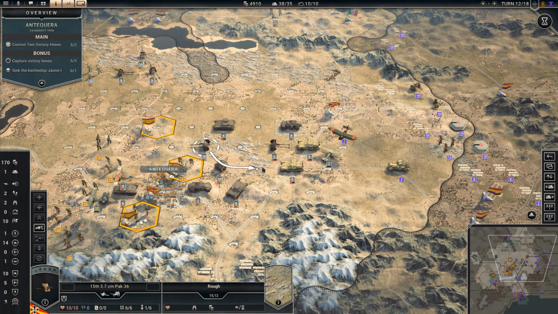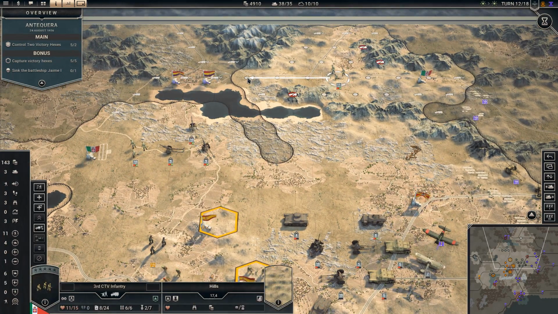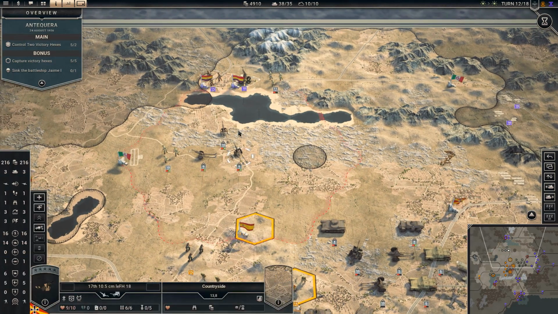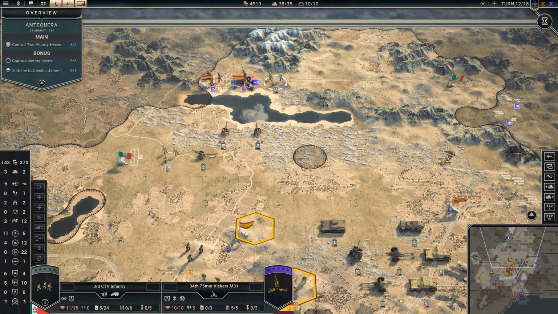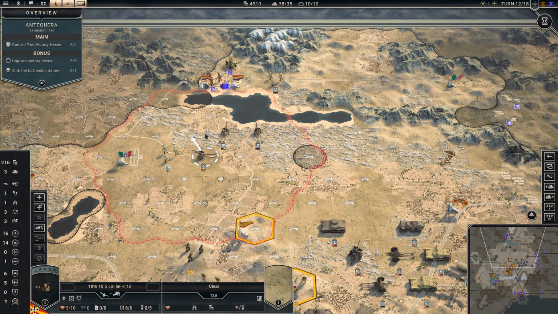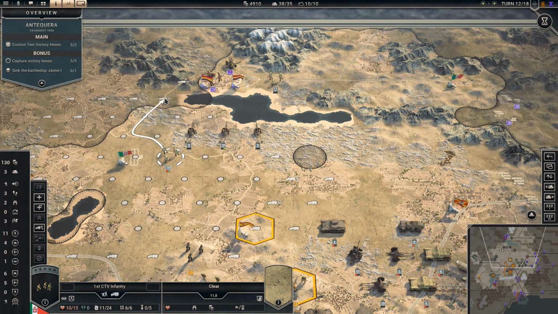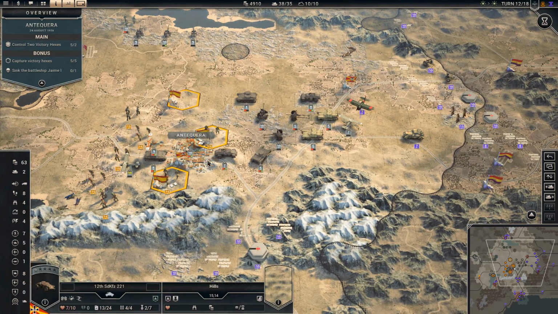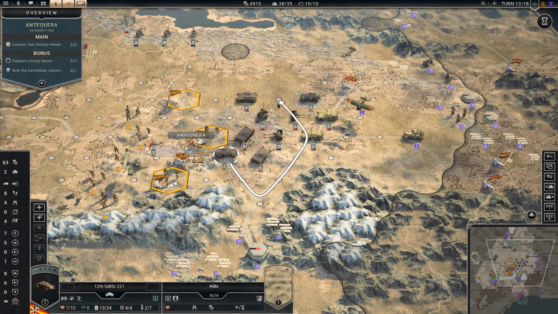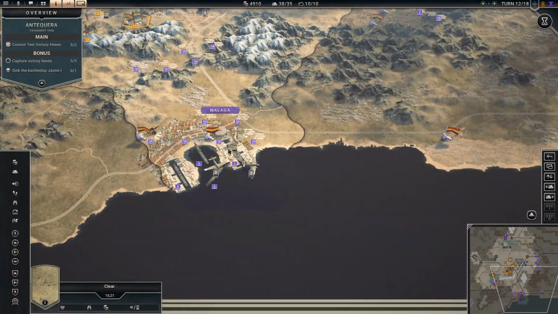Basically, what I need to do is make sure that they spend all of their points in repairing other stuff. I don't know how much prestige they have, but